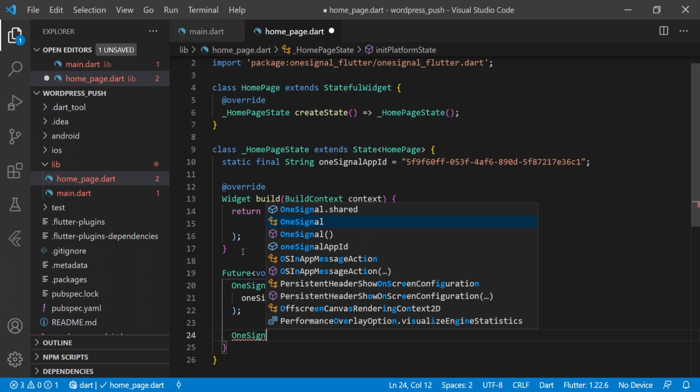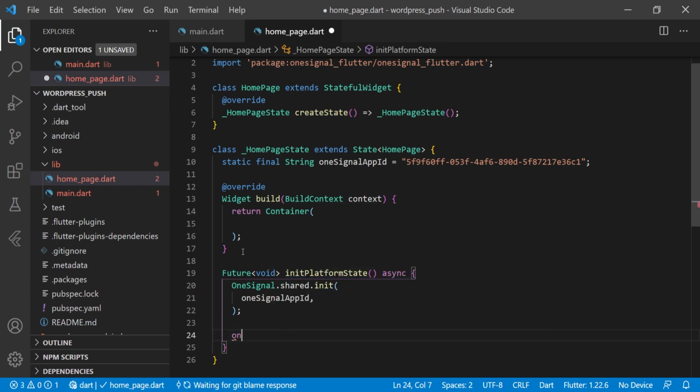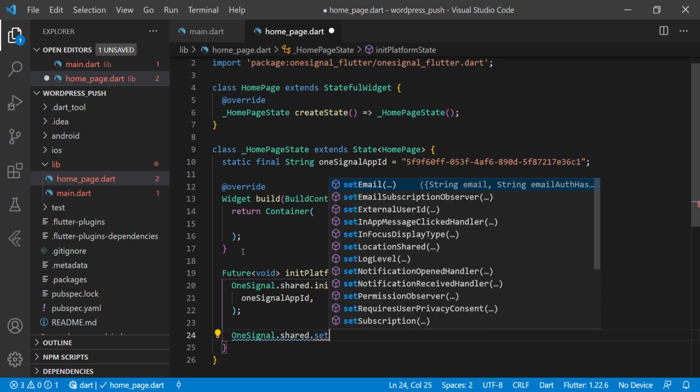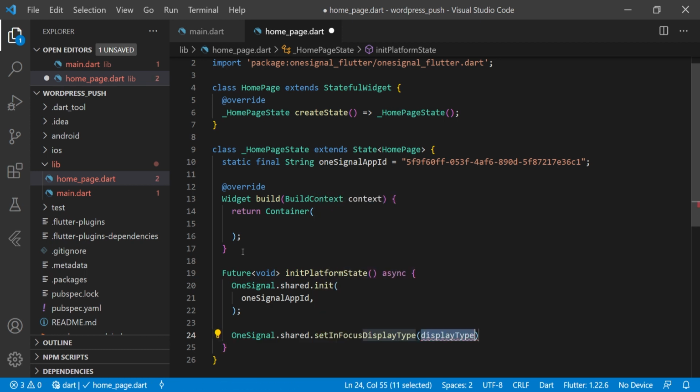Then OneSignal.shared.setInFocusDisplayType, and we have to pass OSNotificationDisplayType.notification. Then we have to pass the notification handler here, and that we will cover later on.